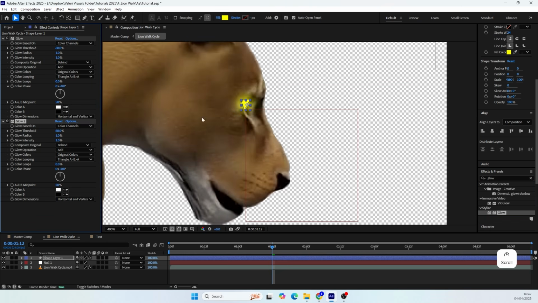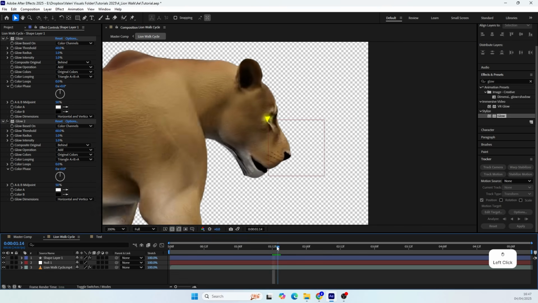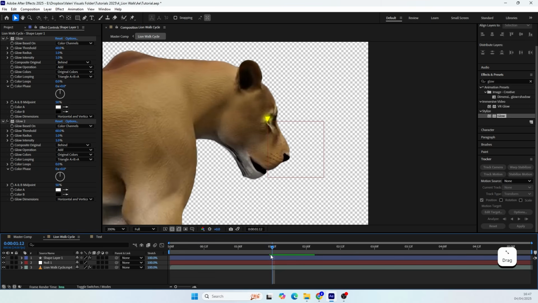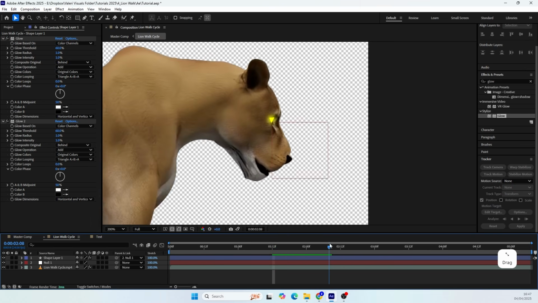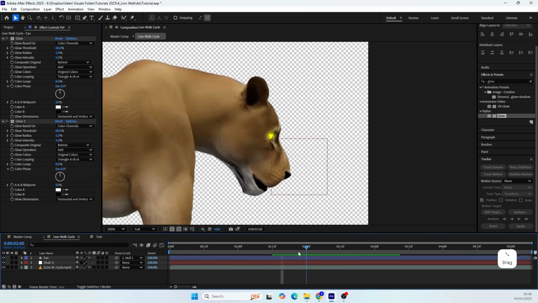And before moving on, we need to parent the shape to the null because right now the shape is not moving. So make sure you are standing at the exact same time point where the null matches the position of the shape you created, and then parent the eye to the null. Now it moves with the head. You can now rename this shape layer to eye, but now if we go back to the master comp, we